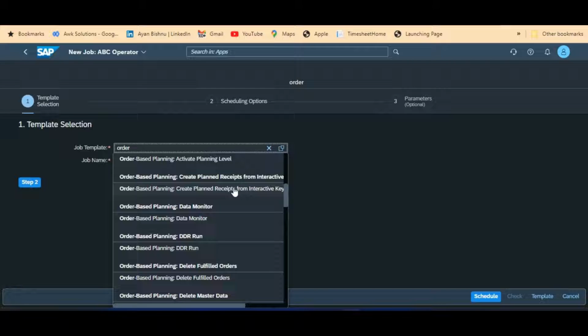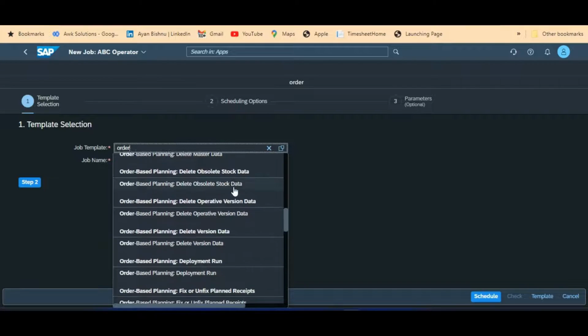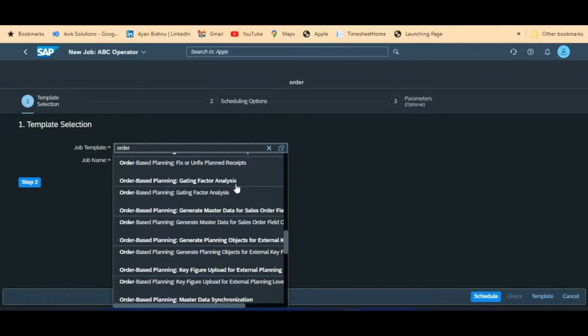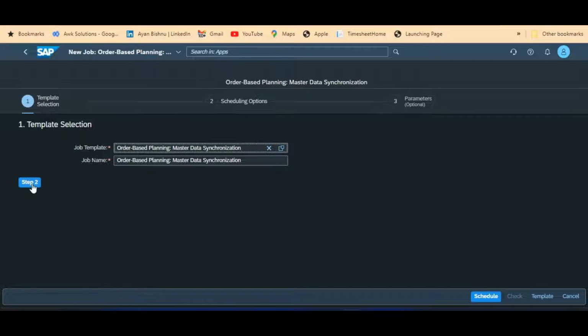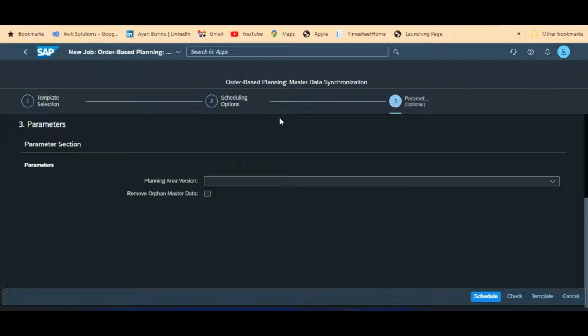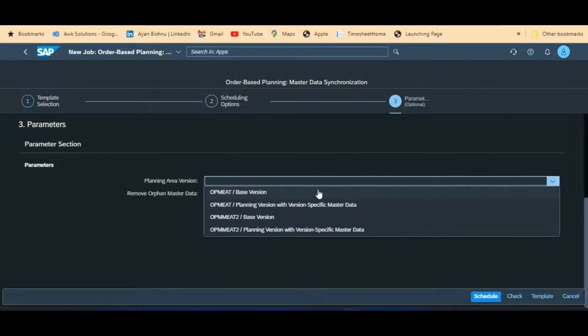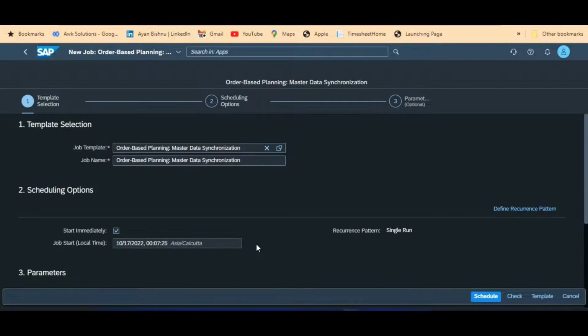After the update of any master data, the first thing we should do is run a master data synchronization so that the master data gets synchronized across all objects. Here you are given your planning version, and you have the option to remove orphan data, you schedule it, and synchronization is done.